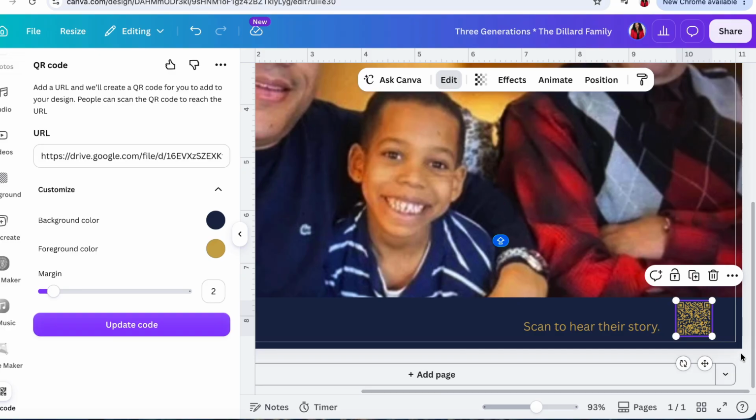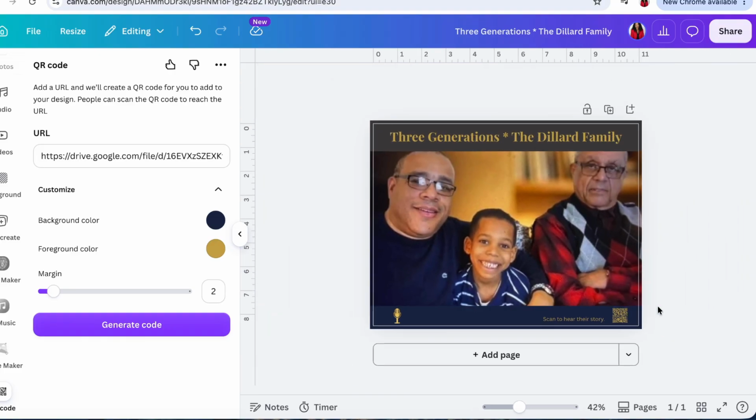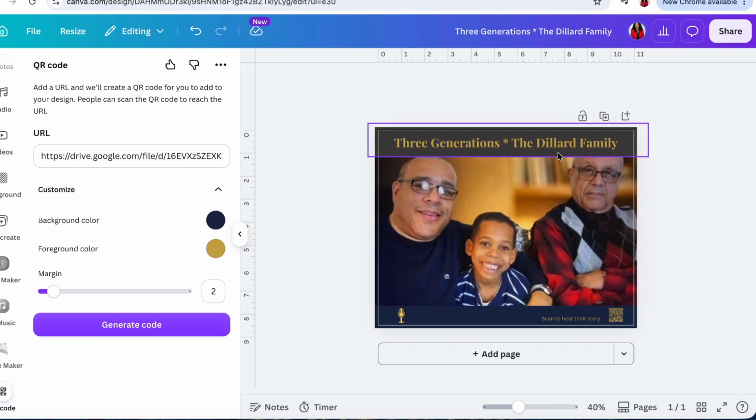Now, before you print this photo, make sure that you scan this code with your phone to make sure that you can actually listen to the audio. And then I'm going to zoom back out. We're pretty much done. Also, before you print it, you're going to go to, let's say, a Walgreens site or FedEx Kinko's, and you're going to see what their requirements are for the photo size and resolution so that the resolution and size is correct according to their upload